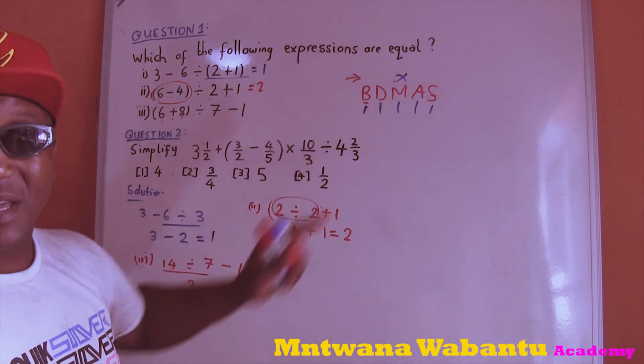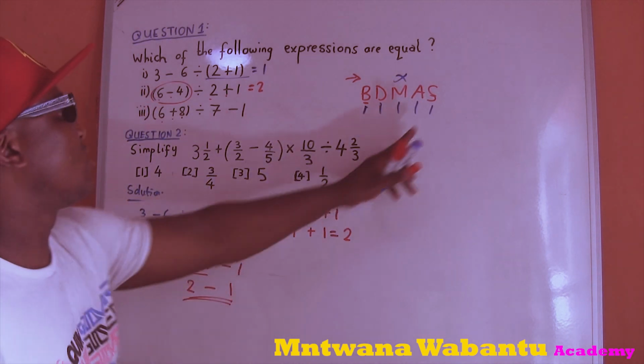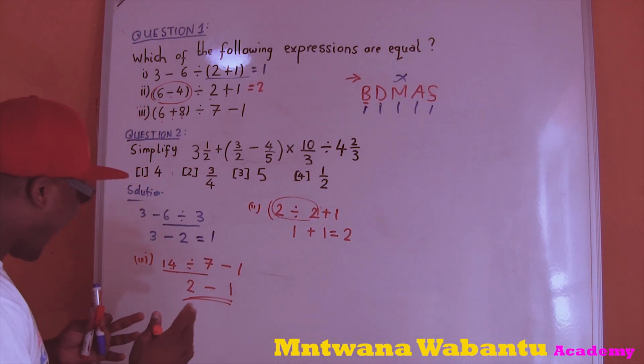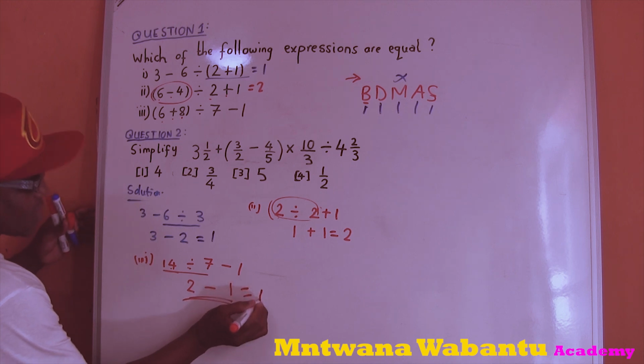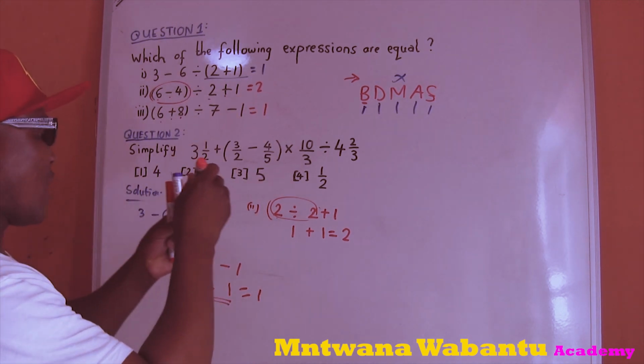Now, do you have a multiplication? No multiplication. Do you have addition? No addition. Do you have subtraction? Yes, we do have a subtraction. What is that? 2 minus 1 equal to 1. Okay, so now what do we see? Oh, this equal to 1. Alright, so now we see